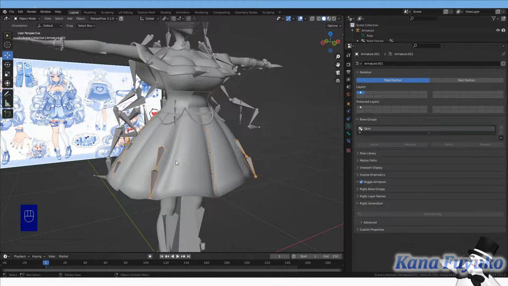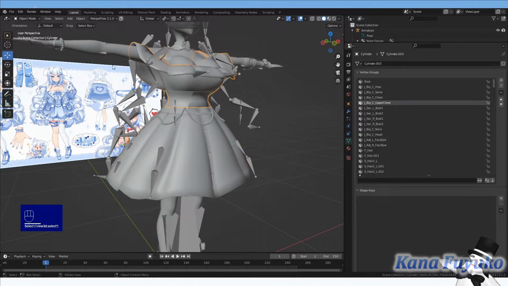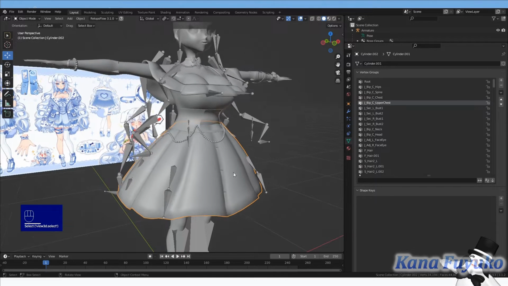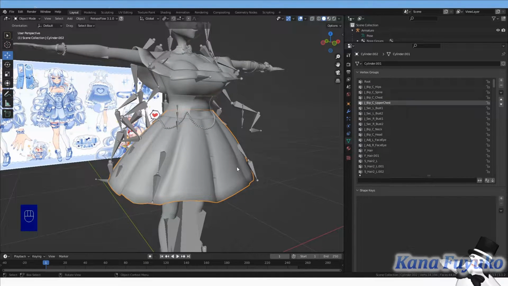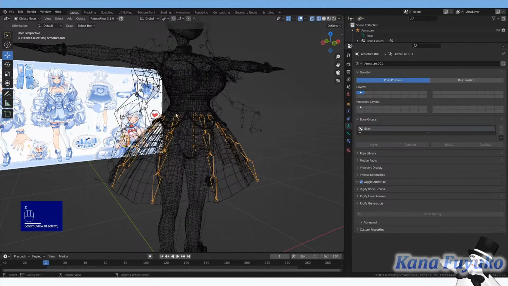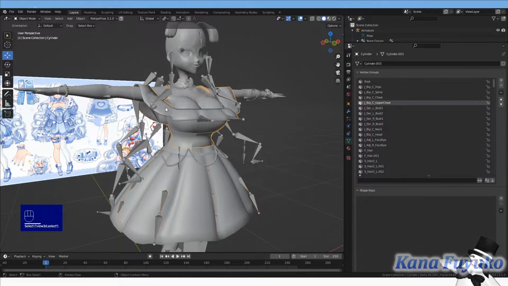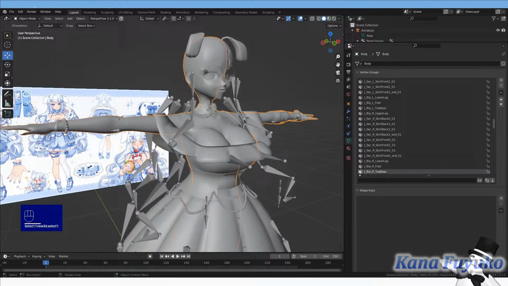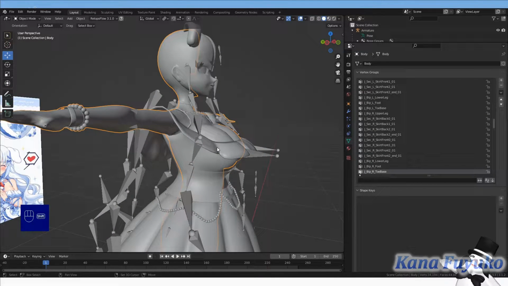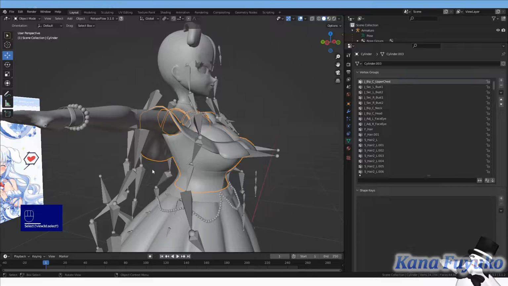But when it comes to just normal skirts, so if you're not rigging a dress, it's a skirt only, you can still follow along with the workflow. The one thing you don't have to do is the whole body to dress transfer weights.